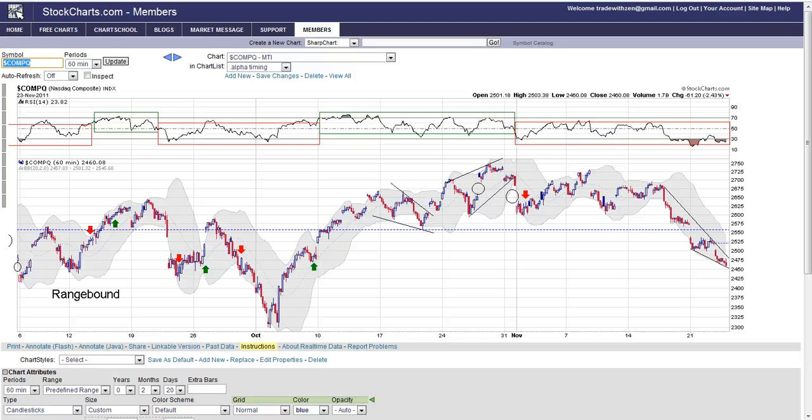Interesting markets we've got going on. And you can see here in the NASDAQ 60-minute that the market's on what is usually a bullish week with a shortened holiday Thanksgiving week. We normally rally. Nothing doing here. Every time the market even thinks about it, we gap and move lower. But we are seeing some signs here that we are starting to get into oversold territory. I kind of think we're going to bounce now,